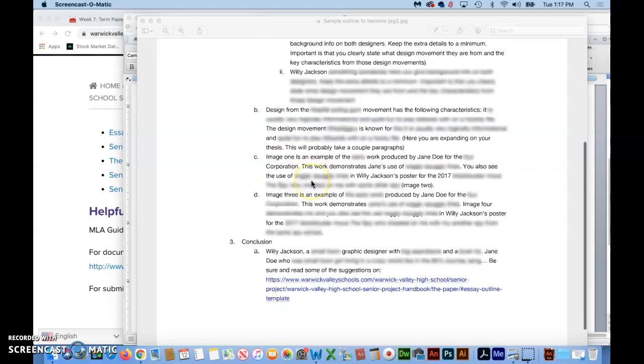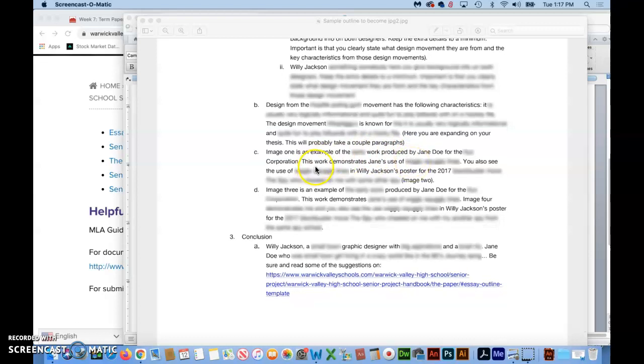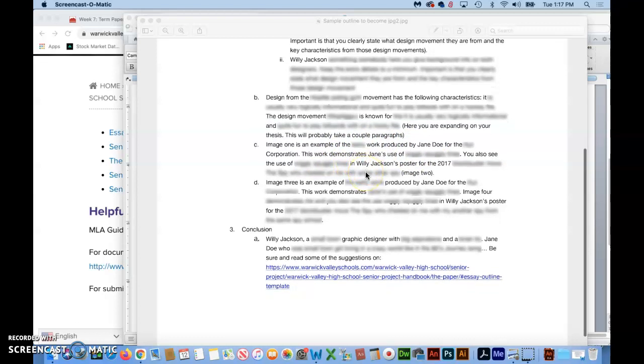So you might say something like, image 1 is an example of work produced by Jane Doe for the blank corporation. The work demonstrates Jane's use of such and such. You may see the use of such and such in Willie's poster for something that happened in 2017, which is image number 2.